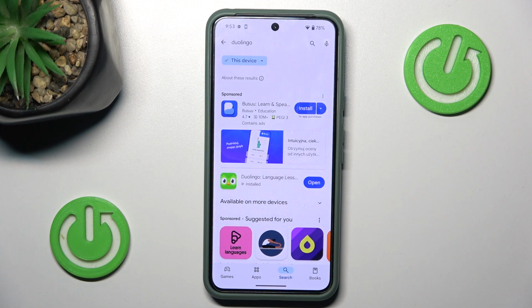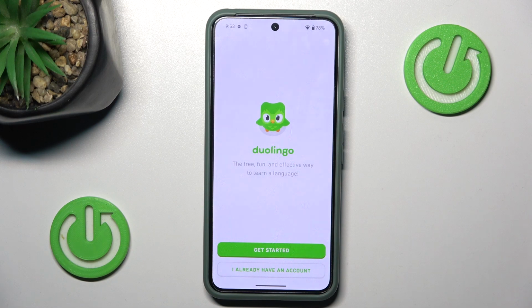And as you can see, Duolingo has finally been installed. So you open, and basically that is it. And that is it for this